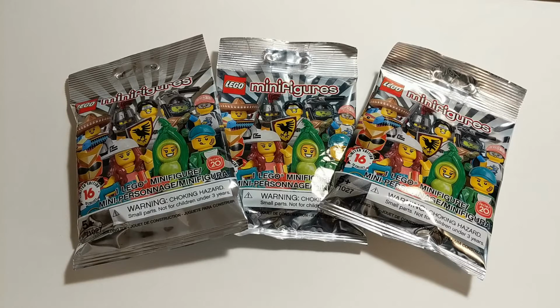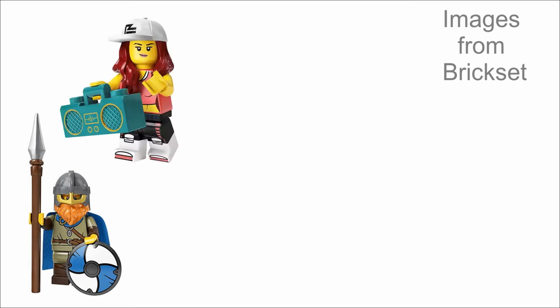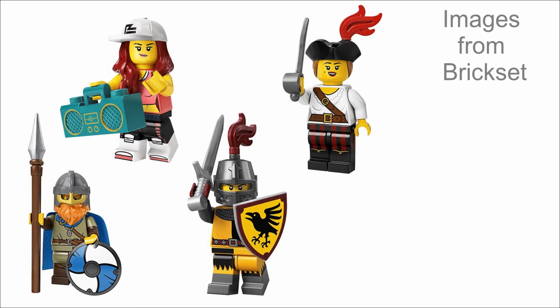So the 5 that I do want to pick up eventually, and I'll probably try to find the other 2 at some point. I was going after the Viking, which has that round shield, the breakdancer girl with the dual molded hair hat combo and the radio element, the knight. A lot of people like the crow or the raven emblem on there, and a good army builder for the knight. The pirate girl, which has the hair hat element found in the new Barracuda Bay, so